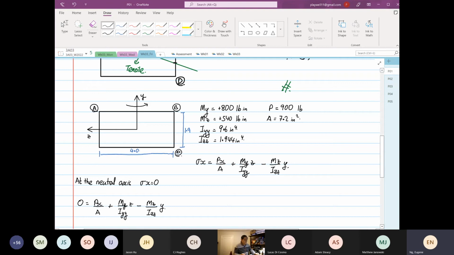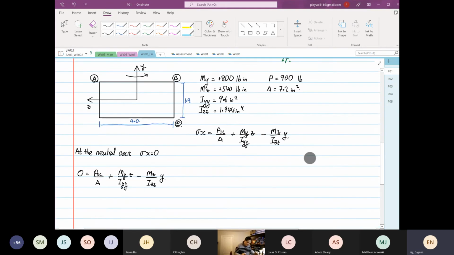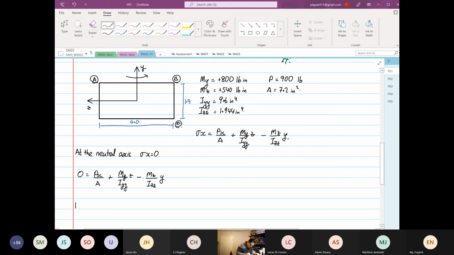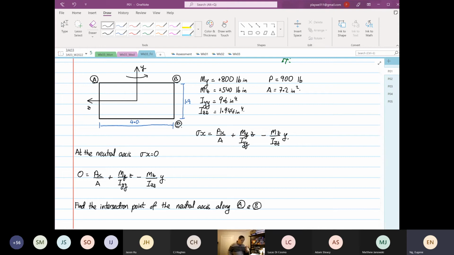The first thing I'm going to pick is to find the intersecting point of the neutral axis along point A and point B. Along point A to point B, we know y